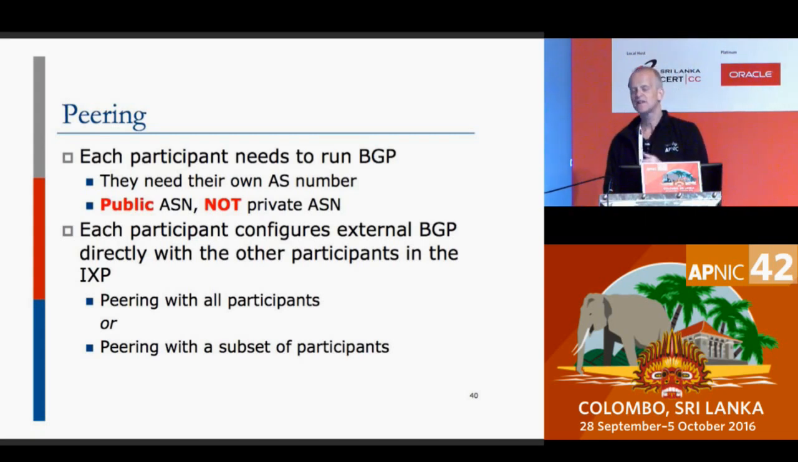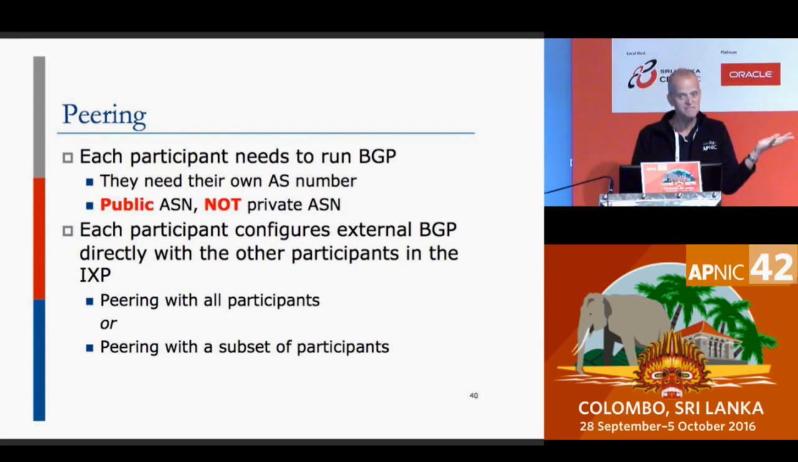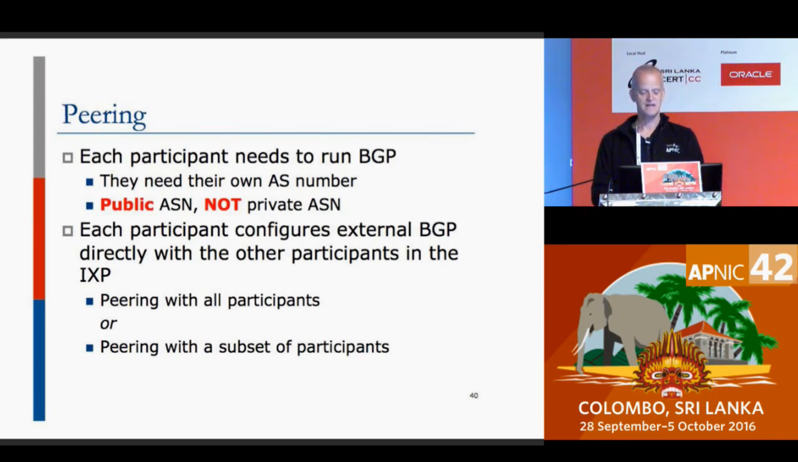Each participant configures external BGP directly with other participants. Right? You can peer with everybody, if everybody wants to peer with you, or you peer with a subset. And this is the next bit I want to get into, because again, things can go badly wrong here